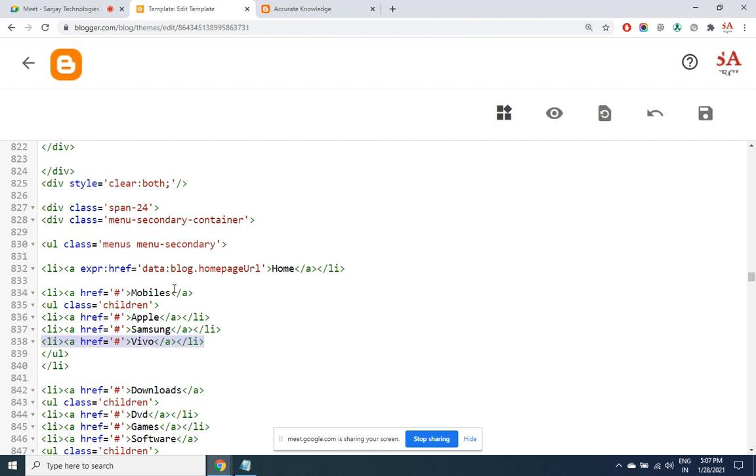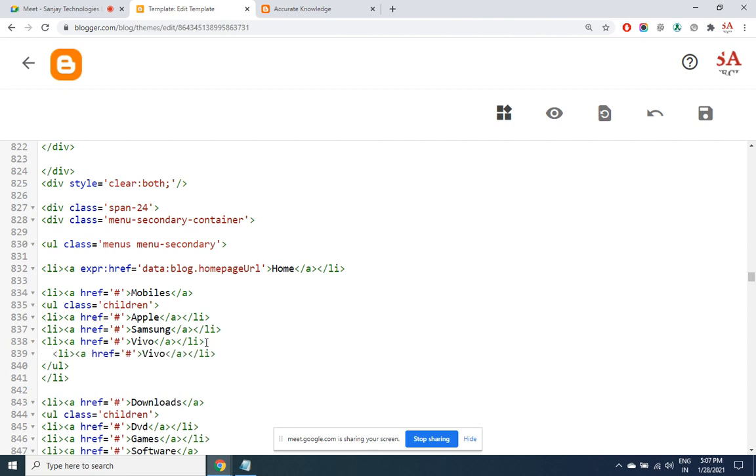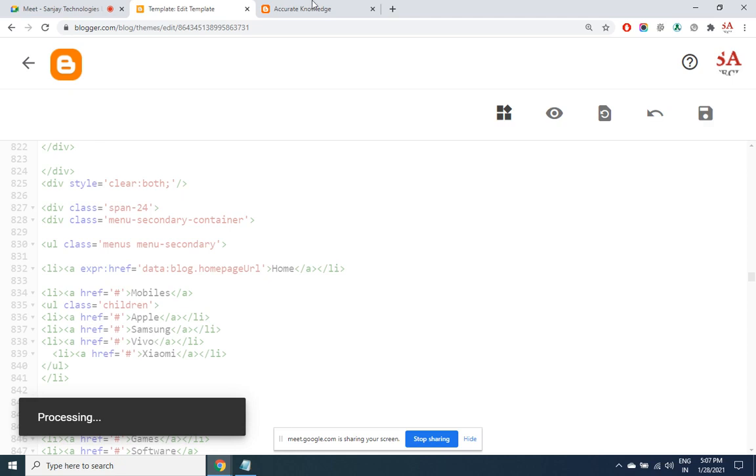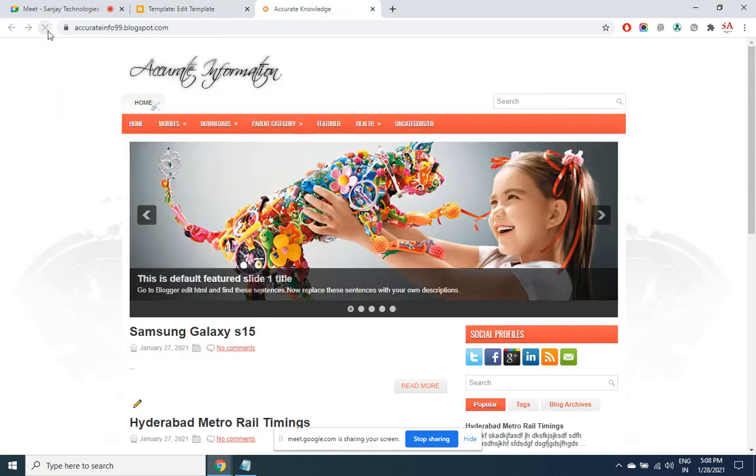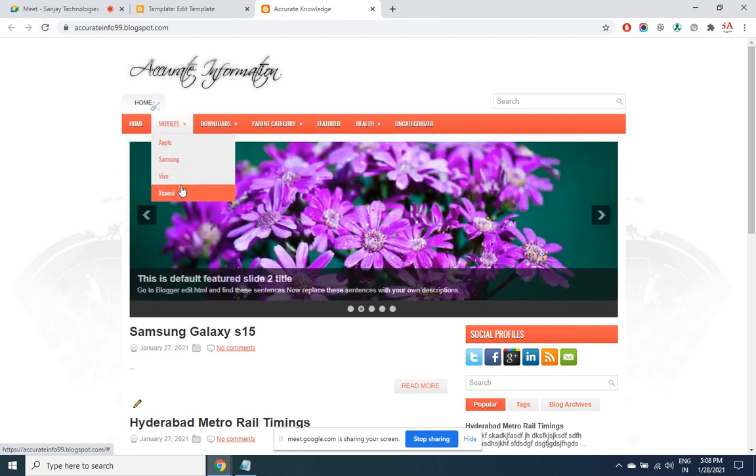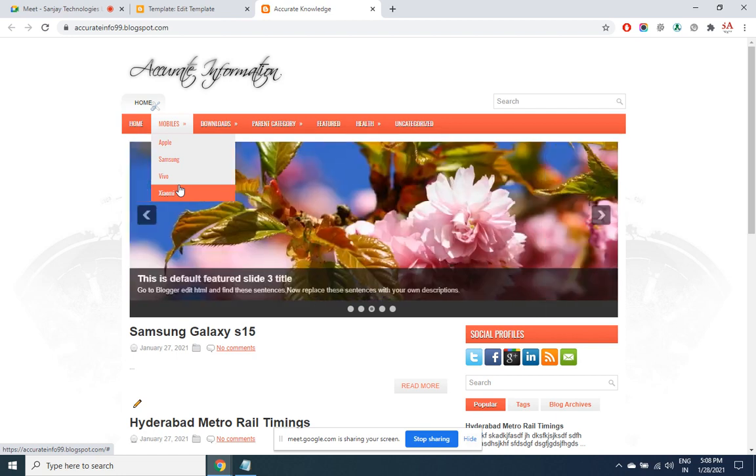Control C in order to copy, Control V to paste. So I want under mobiles Apple, Samsung, Vivo, and let's say Xiaomi. After I click on save, I refresh the page, you'll be able to see the updated menu. So under mobiles, we are having Apple, Samsung, Sony, Vivo, Xiaomi. So exactly what we have put there in the code.